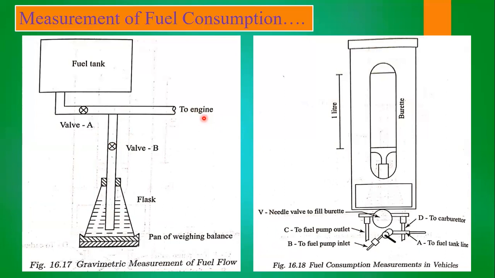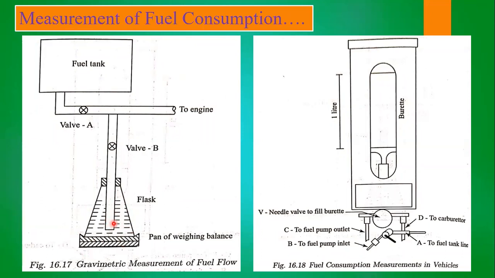In particular we need to see the engine speed first of all. Why? Because speed we need to consider. We need to maintain the engine at constant speed, then only we will get the correct fuel measurement without any errors. To eliminate errors, the engine speed should be constant, and whenever the fuel consumption is going to start, we have to start the recording of time. We need to start the timer, so that it goes on elapsing and shows how much time it is going to take. Whenever the whole fuel within the flask is consumed, we will stop the timer.